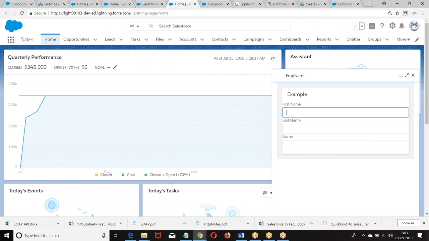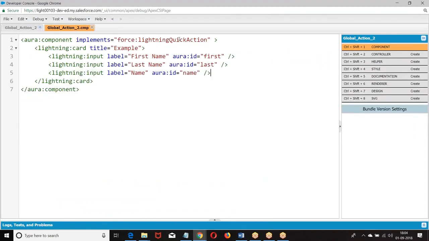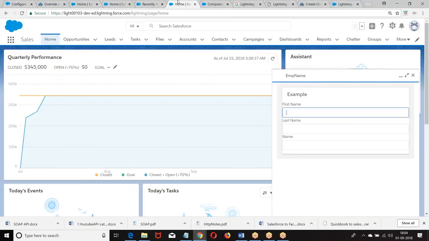Okay, now if you look at this, we have a header with the title. Now we also have lightning quick action without header. We had one more component, lightning quick action without header.